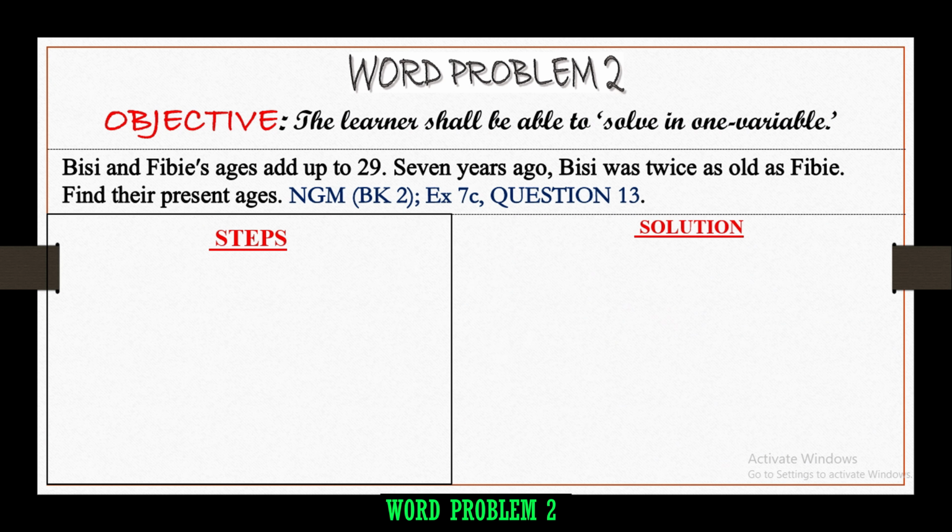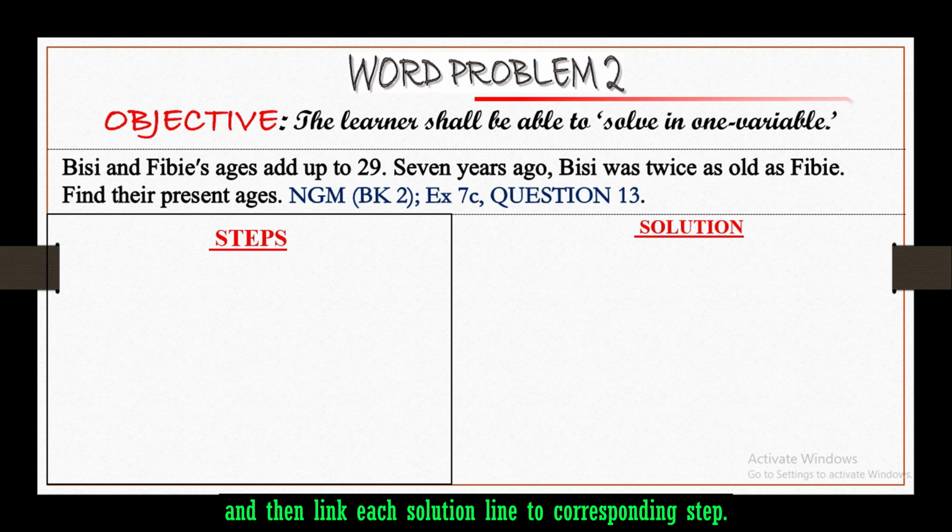Word problem 2. Objective: the learner shall be able to solve in one variable. BC and Phoebe's ages add up to 29. 7 years ago, BC was twice as old as Phoebe. Find their present ages. We will explore 4 major steps, and then link each solution line to the corresponding step as